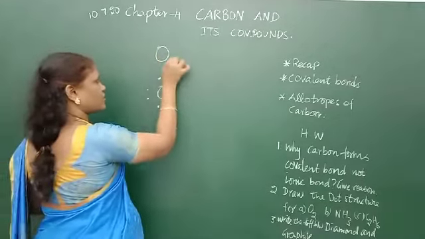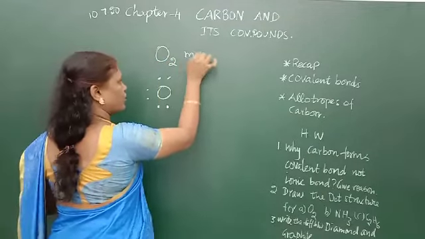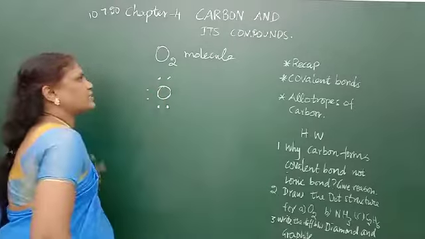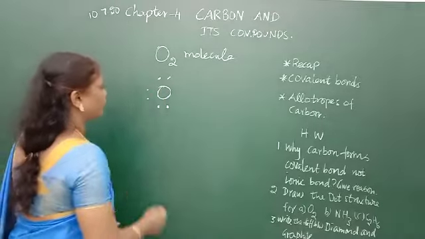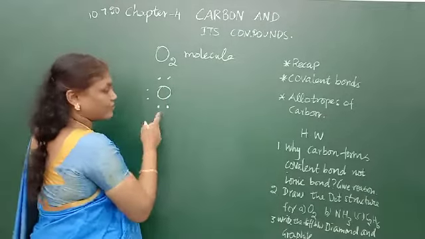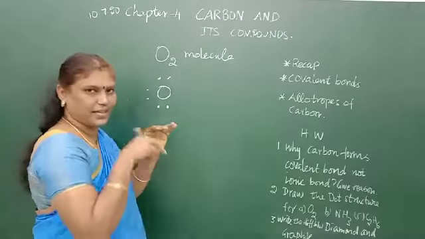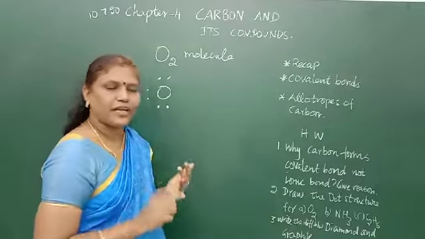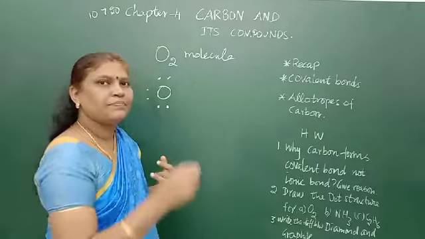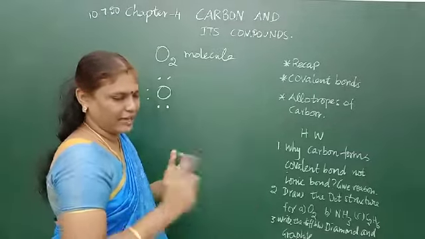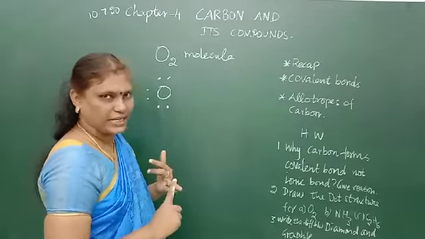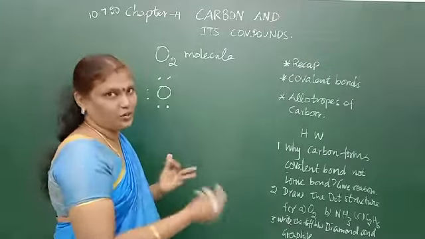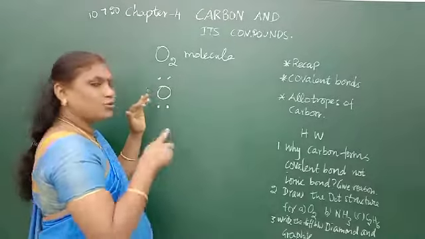Now we are going to see the bond in the oxygen molecule. First we have seen hydrogen. Now we are going to see the oxygen molecule. Okay. So how many electrons does it have in the outermost shell? Don't consider the innermost. Outermost only we need for bonding. Already I have told you, no? Chemical bonding is based on the electrons gaining or losing or sharing electrons in the outermost shell only. It's important.